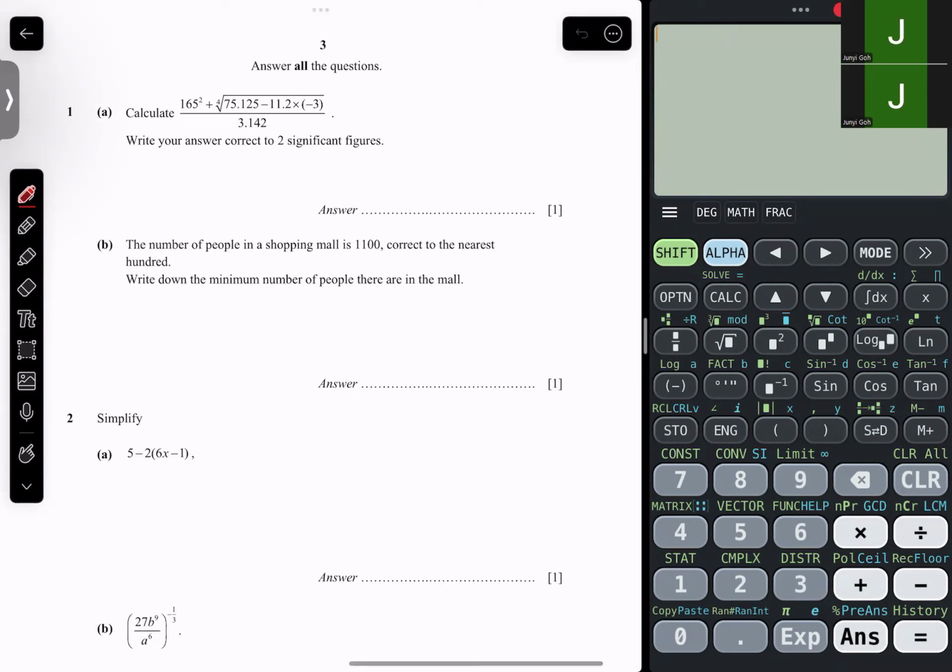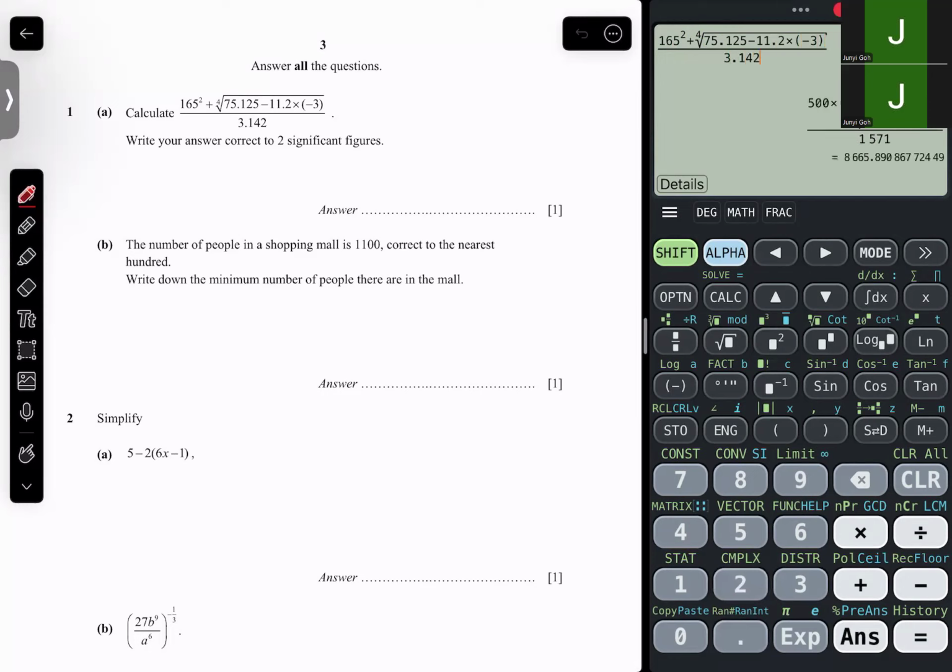Question one, basically we just have to key into the calculator, okay, and then round off to whatever the question wants us to do. Usually this kind of question shouldn't be much of a problem. So just key into the calculator 165 square plus root to the power of 4, take note down here, 75.125 minus 11.2 times bracket -3 over